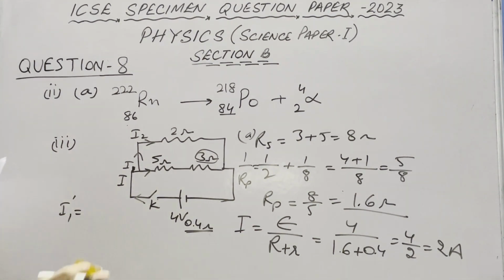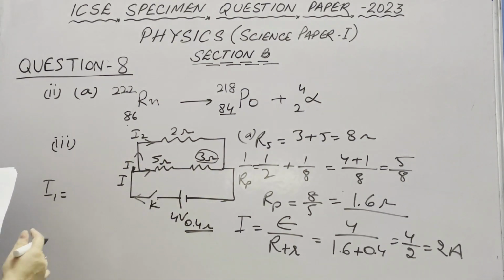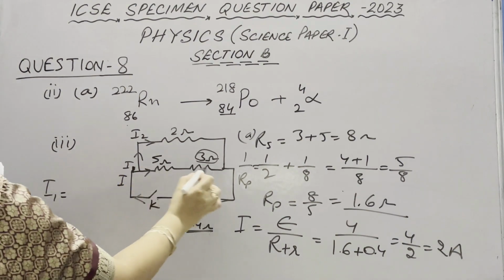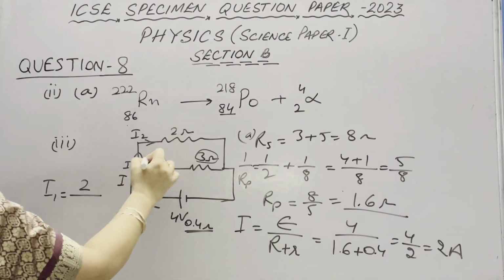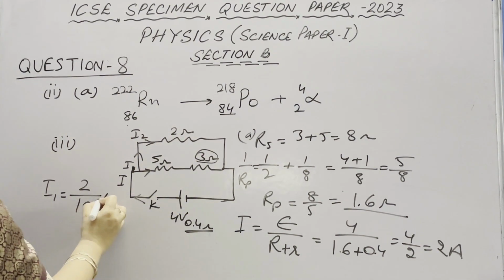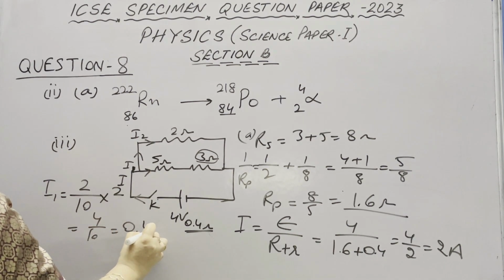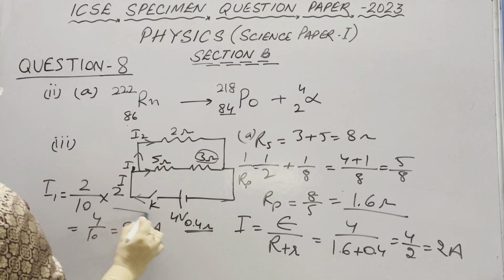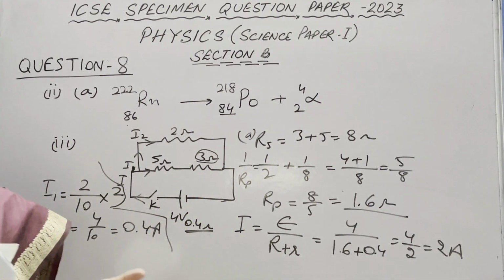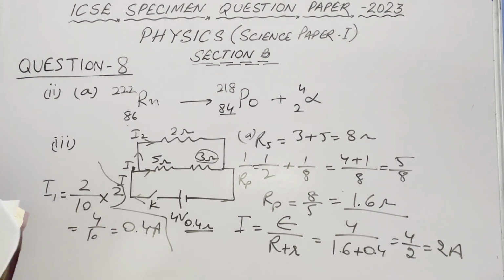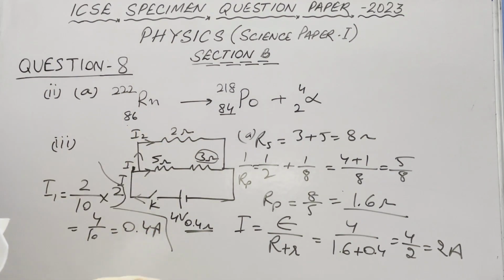you can calculate I1 in this series combination as the total resistance of the other branch, which is 2 ohm, over the total resistance, 2 plus 5 plus 3, which means 10, multiplied by the total current. So 4 upon 10, you can calculate as 0.4 ampere is the current flowing through this 3 ohm resistor, because we know in series the current remains the same. Otherwise we can check it also, because we can calculate the current in the other branch and then subtract it. You can recheck your answer.